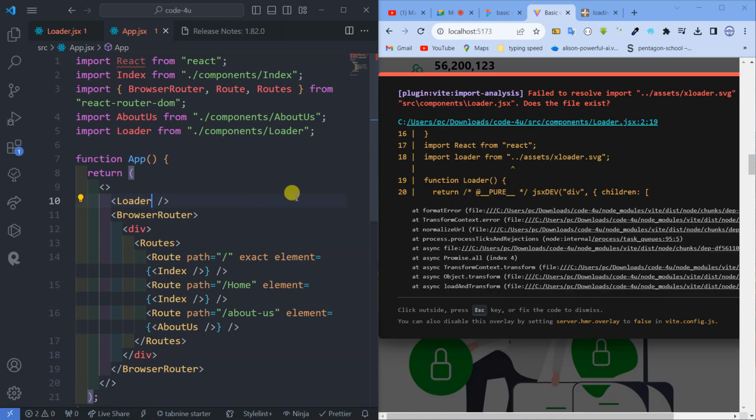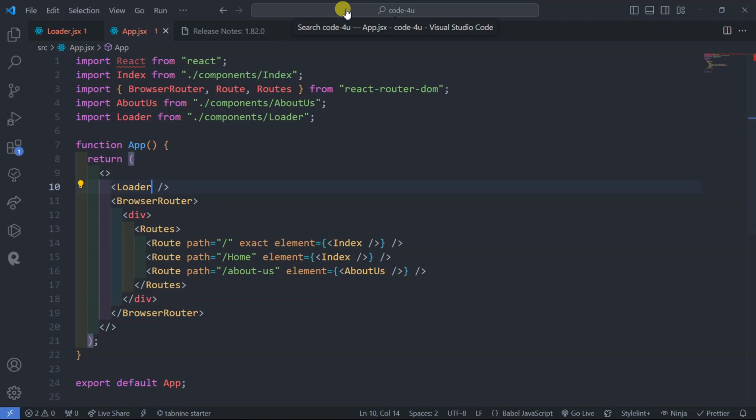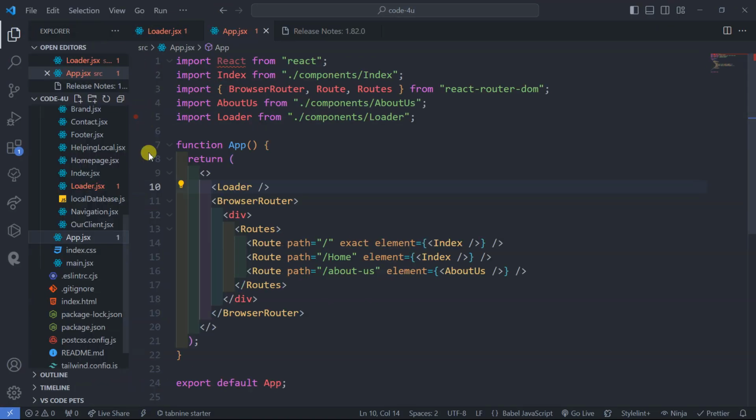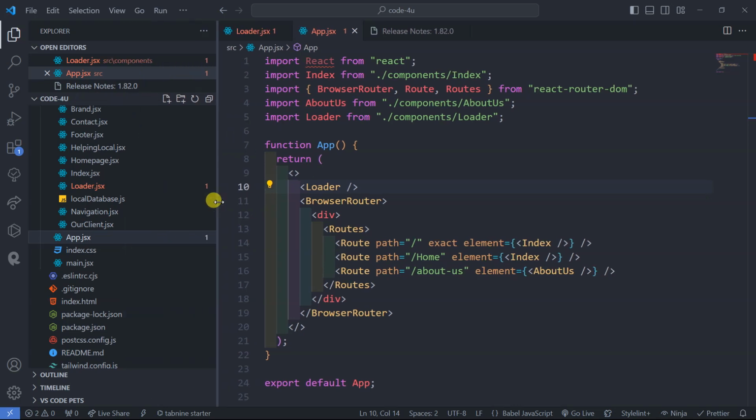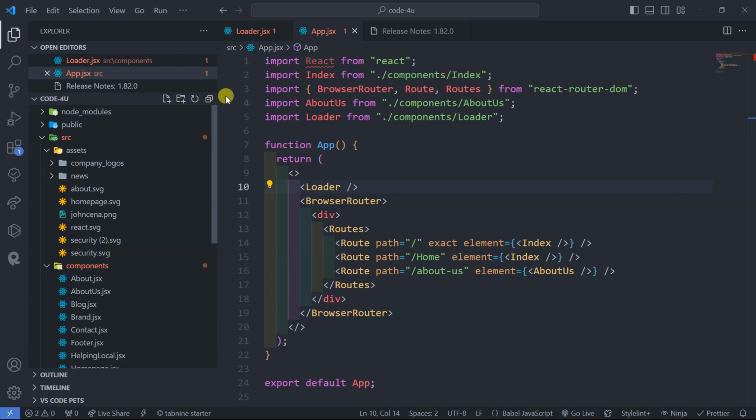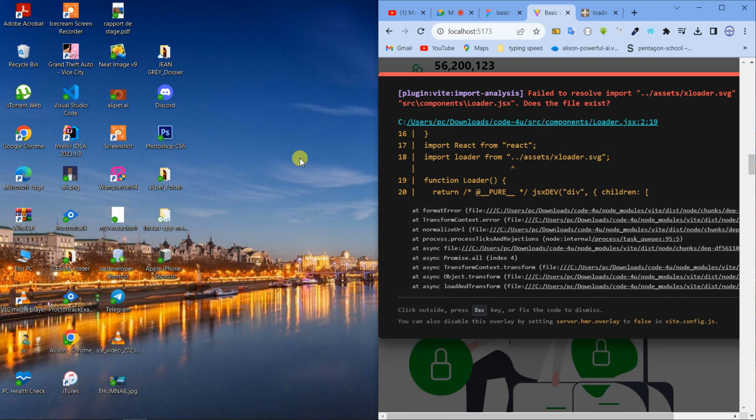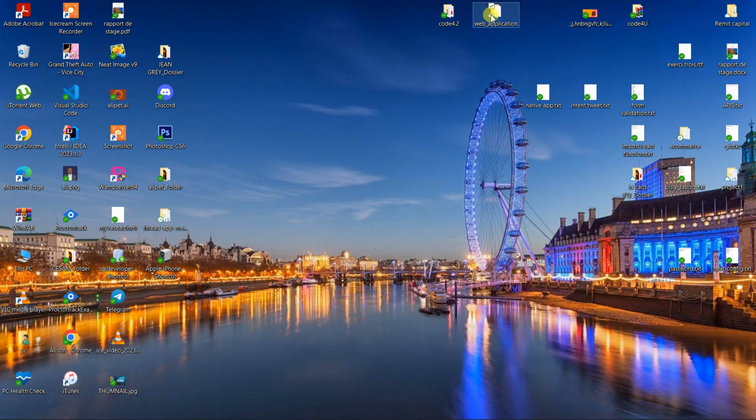Good, now it's complaining this image here doesn't exist, import does not exist. Let's solve that issue of image. Why is it not showing? If we don't, it will disturb us. So let's go again back here. This time we're going to put it inside news. Okay, put it into a different folder,